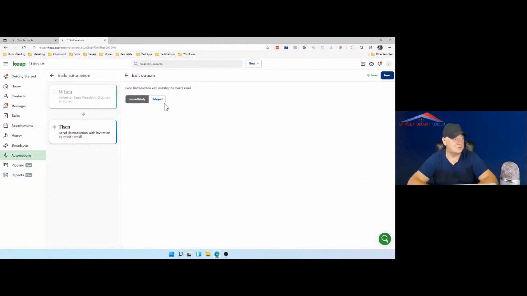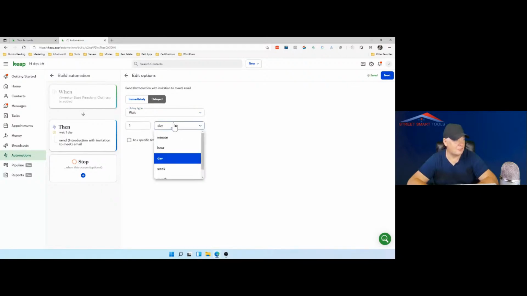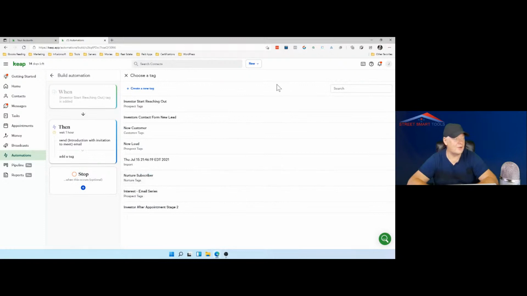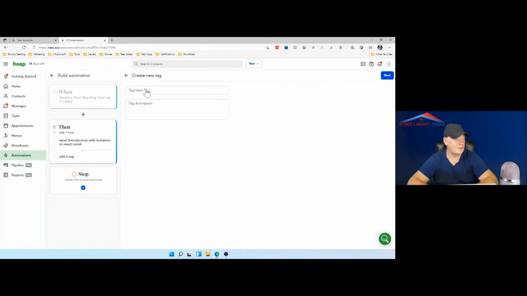I like to delay a few minutes in case you make a mistake and apply it wrong, and then you can delete that information. So I would really put 1 hour, right? And then you can do it. You can apply the tag, new tag, and we can create the tag investor.